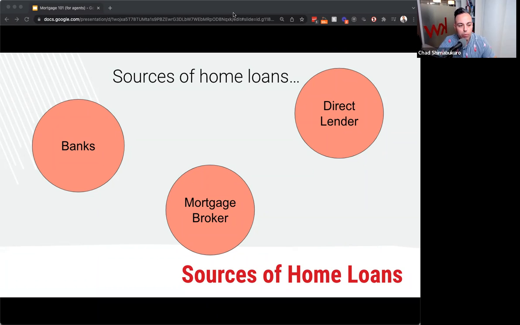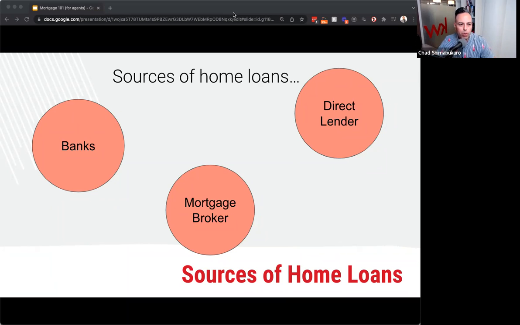Another one would be a mortgage broker. A broker in this sense doesn't have any money of their own. What they're doing is connecting two people to money. So let's say hypothetically that you're working with a buyer that has a weird type of credit scenario. Let's say they had a foreclosure that happened 2 years ago, but they worked with an attorney to get it off, and their credit score should be a little bit higher than it probably is. This is a great guy, I think there's something there, but it's definitely not going to fit into a traditional brick and mortar bank. And I don't think it's going to work with some of the lenders that I deal with either.